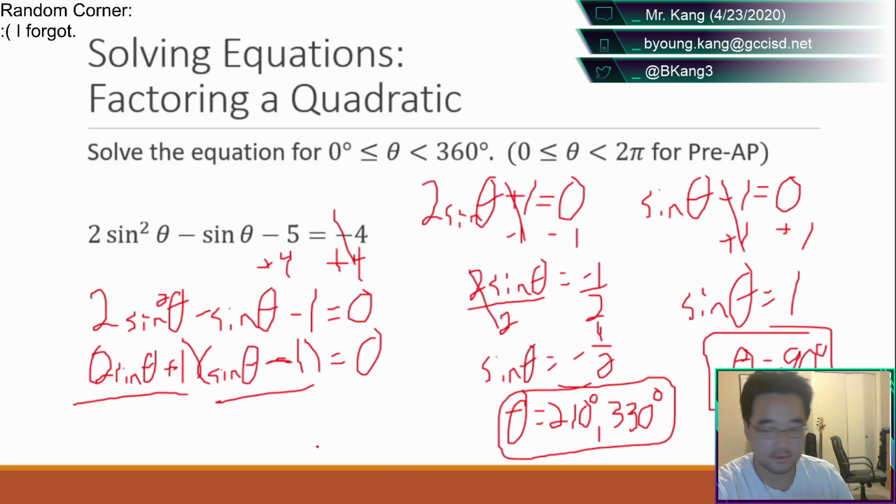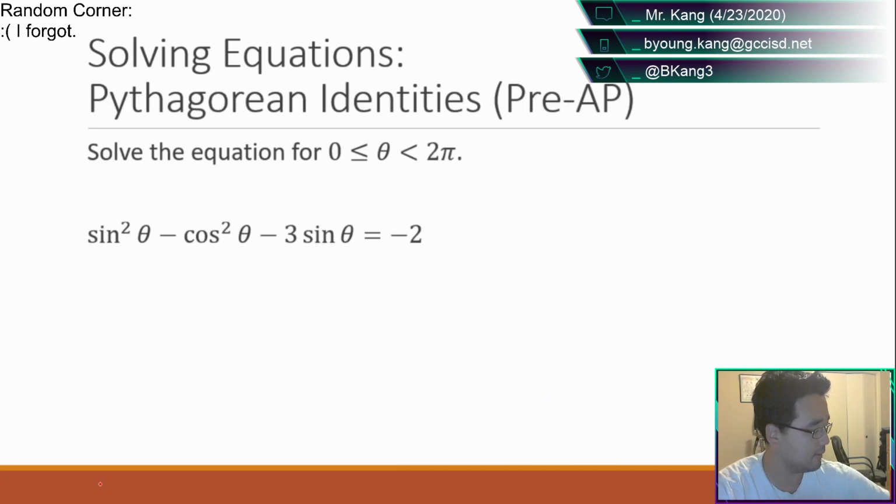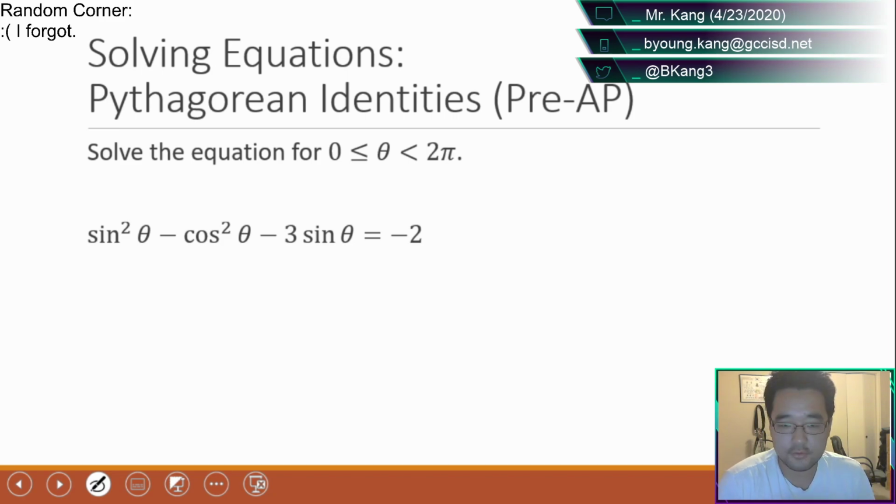Actually, no, we're done with regular slides. Sorry. Okay, pre-AP, those of you sticking around, let's do this last one. Okay, so if you notice, you see squareds, so you're going to be factoring, just like we did on this last one. Except I have a sine squared and a cosine squared. So how do I factor either sine or cosine away? You can try a bunch of combinations here if you want to, but you can't actually separate this into something. So here, let me show you.